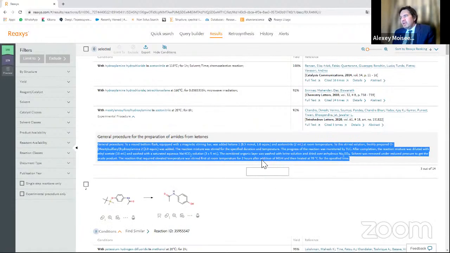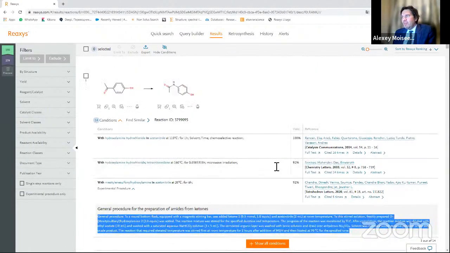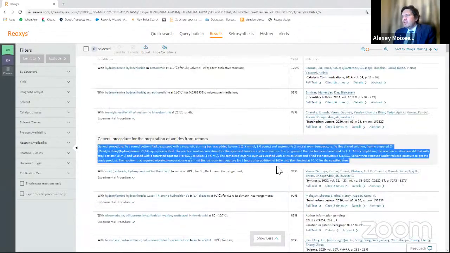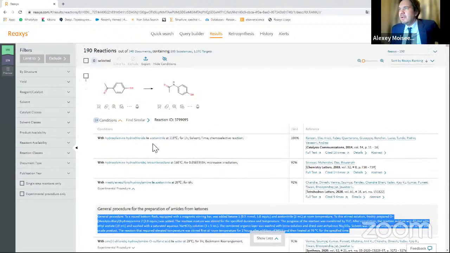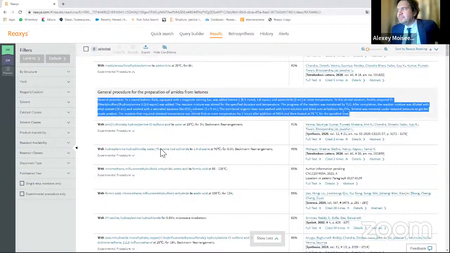And also you can compare it across all different documents, so you can understand it's very important. We have citations from Scopus directly here in Reaxys. You don't need to go to Scopus to find this information. The citation you will find right here.